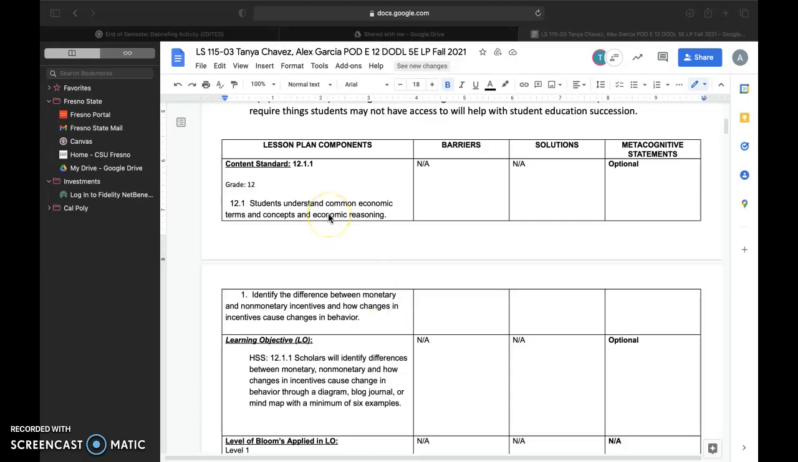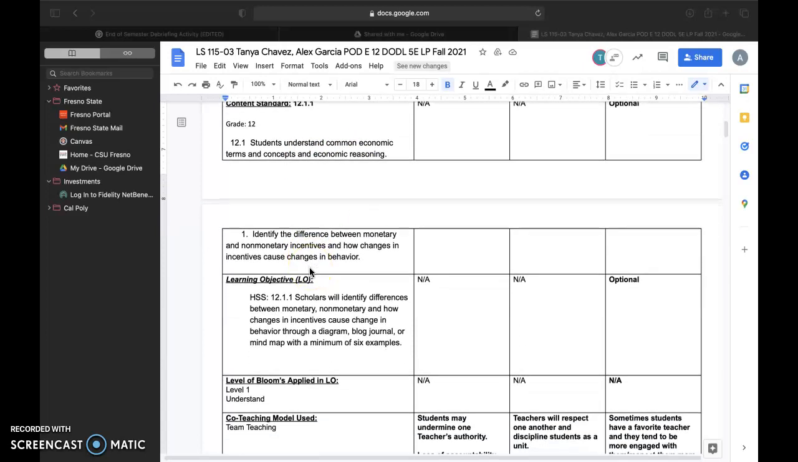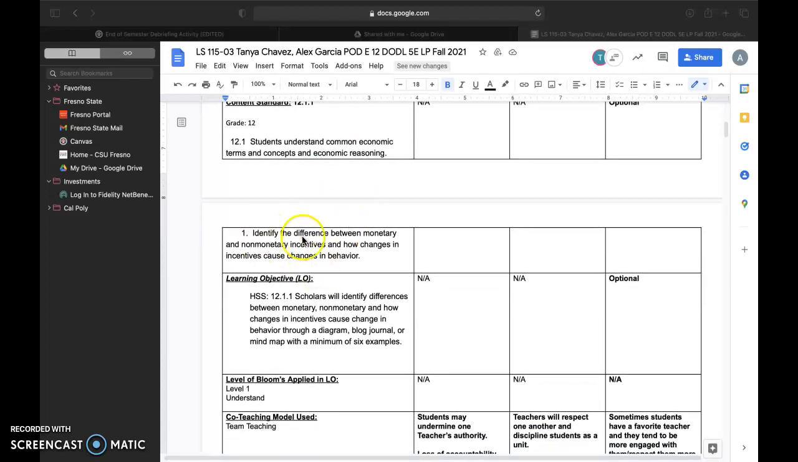So, to start off, the content standard was 12.1.1. Students understand the common economic terms and concepts and economic reasoning. Oh, I apologize. That was the standard. Substandard: identify the difference between monetary and non-monetary incentives, and how changes in incentives can cause